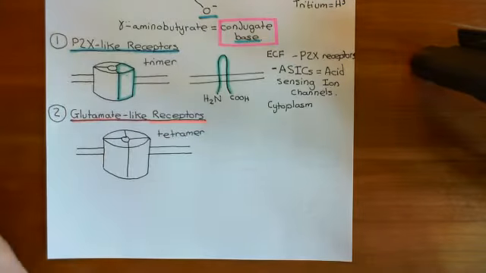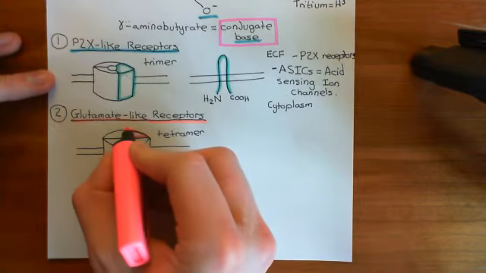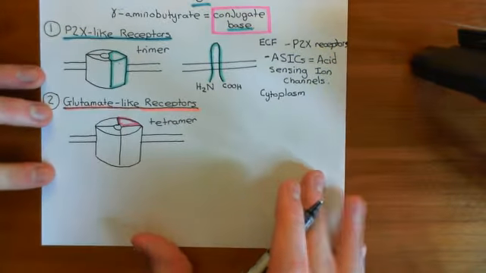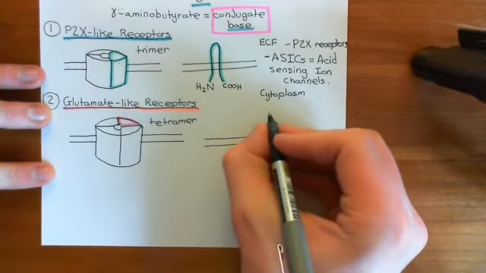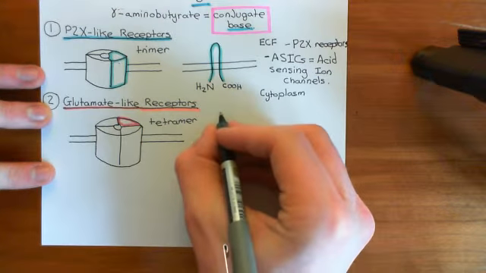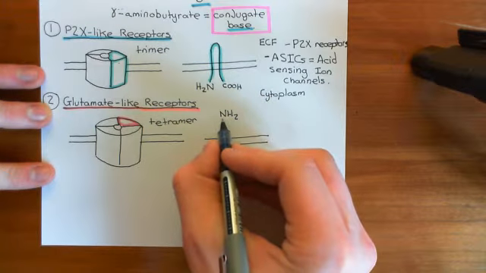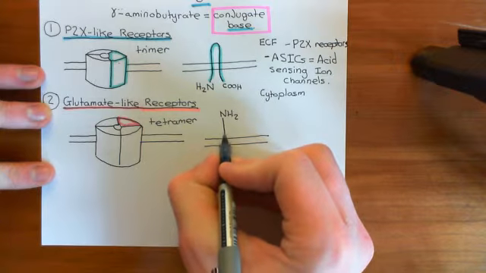Same protocol. What we want to do is pull out an individual one of these polypeptides, which is going to make up a quarter of the full ligand-gated ion channel, and have a look at its membrane-spanning topology. Once again, here is the cell membrane. This side will be the extracellular fluid, this side the cytoplasm. This time the amino terminus will be extracellular, so the amino terminus of the polypeptide is extracellular, then it's going to come down like so,